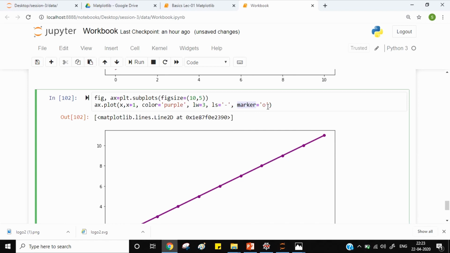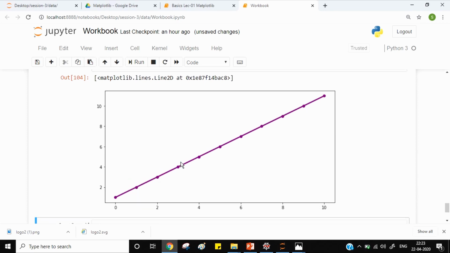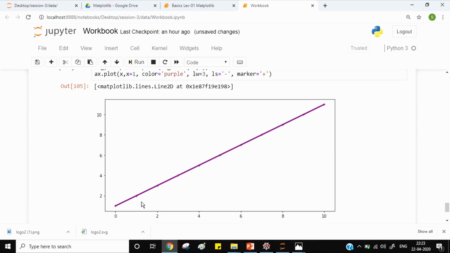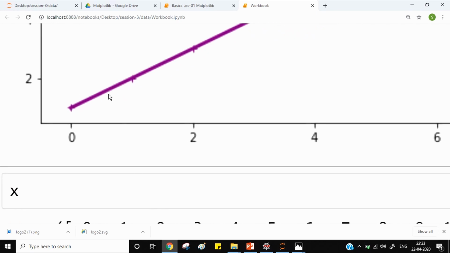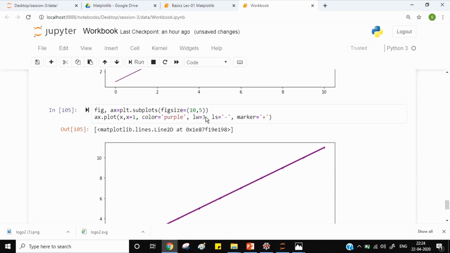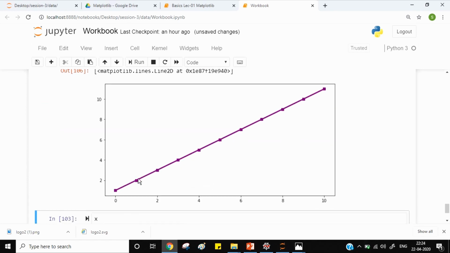So here, if I use o, that small o is used for solid circular markers. Similarly, if I use plus here, then the markers will be replaced by plus. I think it's not quite visible. You can see, right? The markers have been changed to plus sign. Again, if I change it to s, then the markers are solid square in shape.